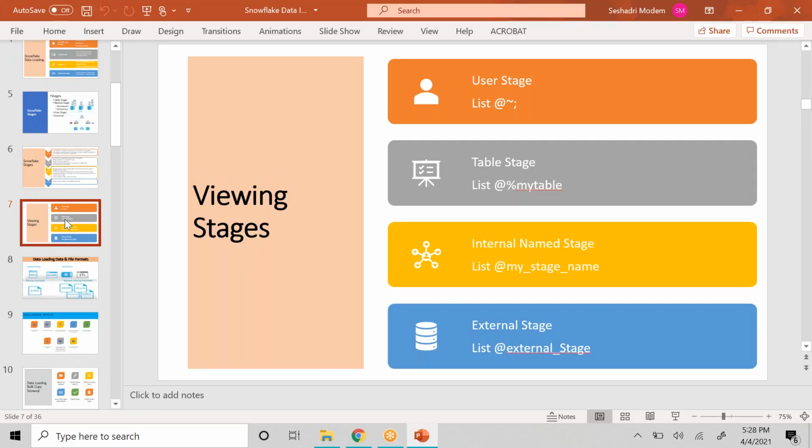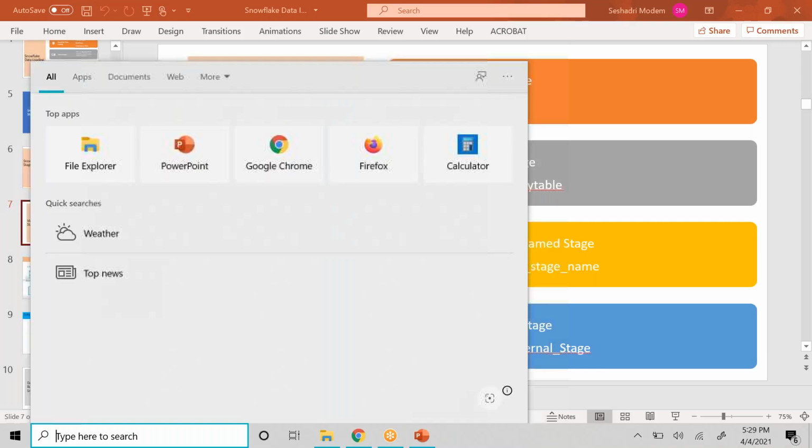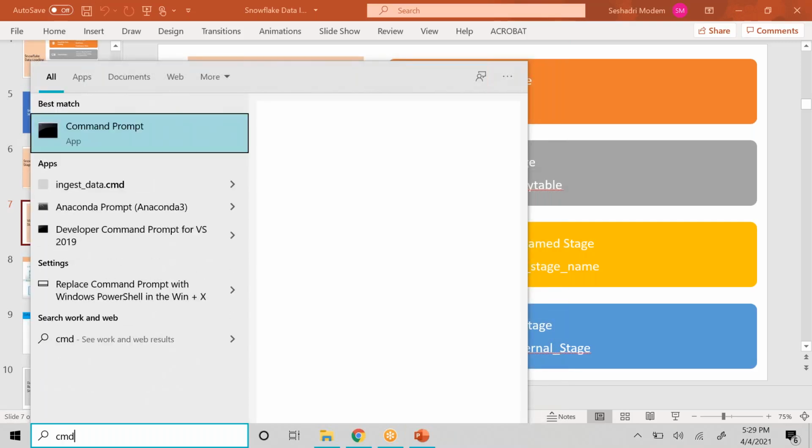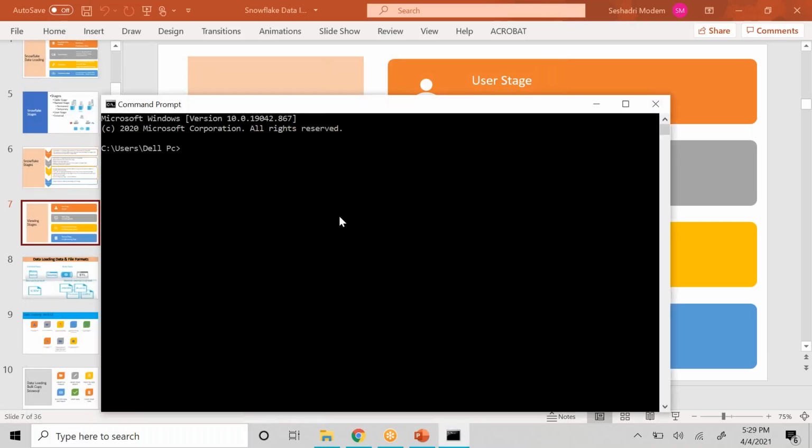So how do you look at a stage? If you want to look at the contents of a stage, you have to use the list command, and if you want to see what all the stages are, you have to use the show stages command. Let me log into